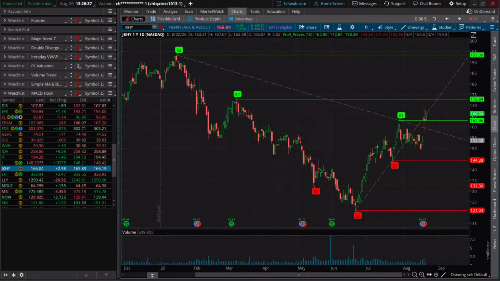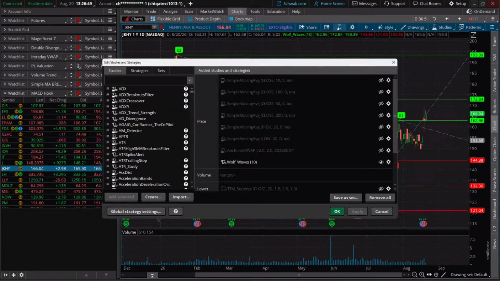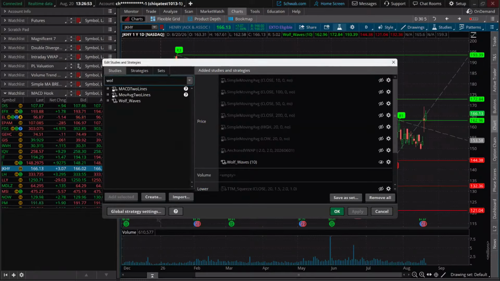It's an indicator, the one we're sharing now. There, we're looking at it. That's the indicator. So with it being an indicator, we have to just go into our edit studies here. Go in here and then pull it up once we import it. Now, remember, when you import it, make sure you name it exactly what it is so you know exactly how to find it. Okay, let's talk about it first.